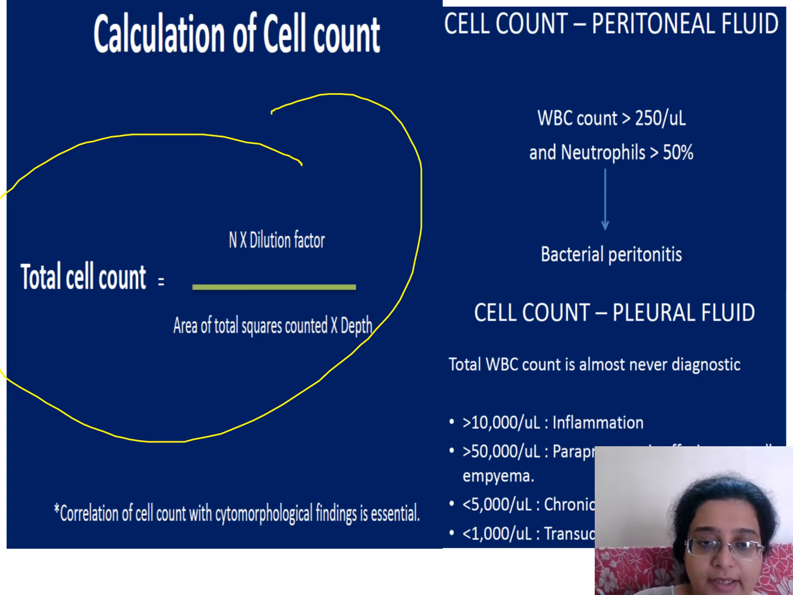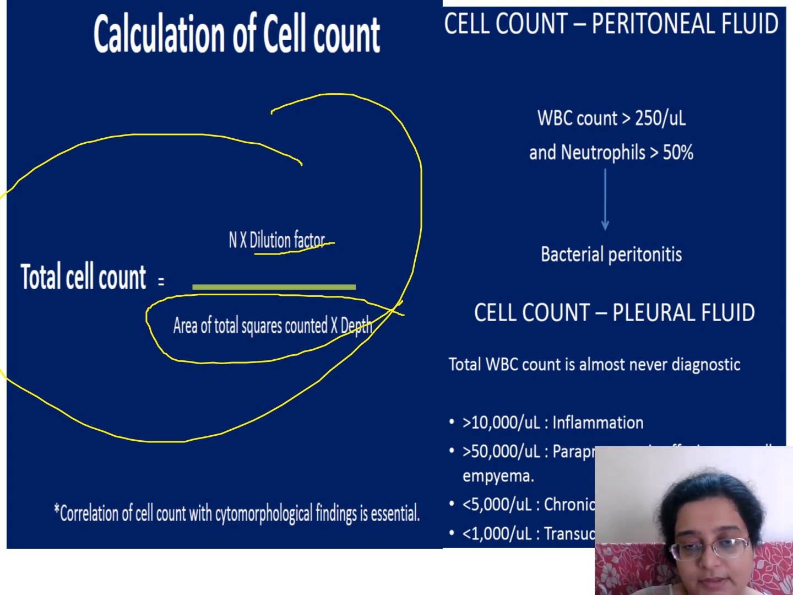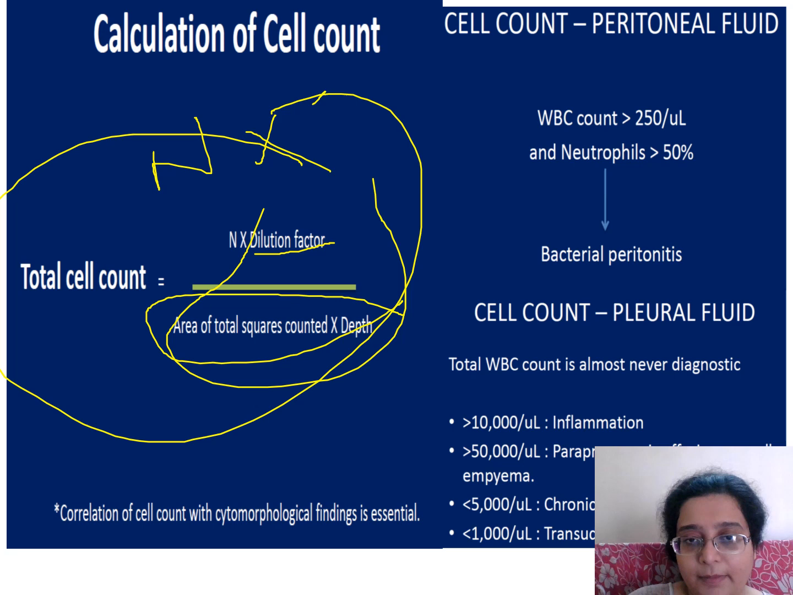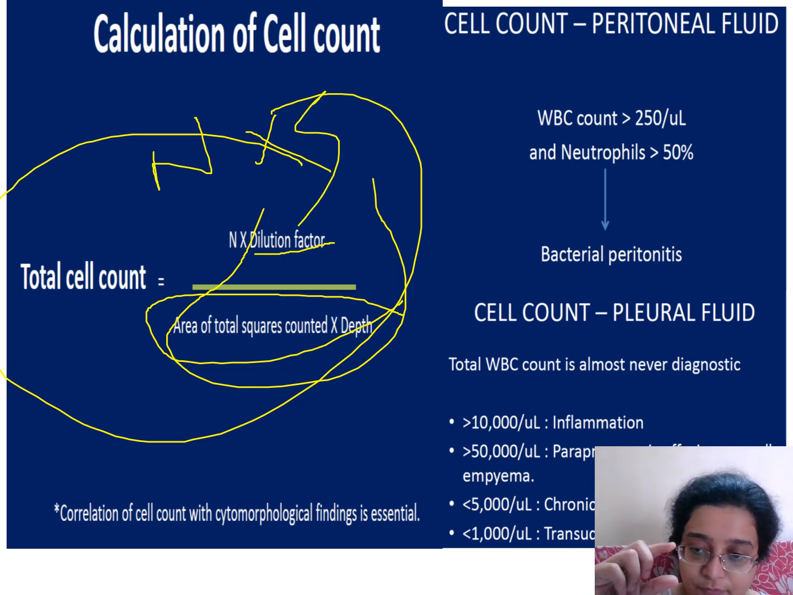N is here, n into the dilution factor that you have made, upon the total area. This is going to remain constant for your Neubauer chamber, and you calculate. This physiology was done in the first year of your MBBS. So nowadays what happens is, n is the number of cells, which remains fixed, and for the rest of the calculation we just multiply by that number. However, if you change the dilutions of the fluid that you've gotten, then you have to again use this